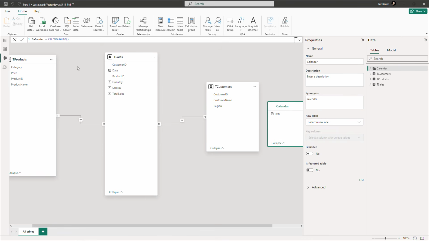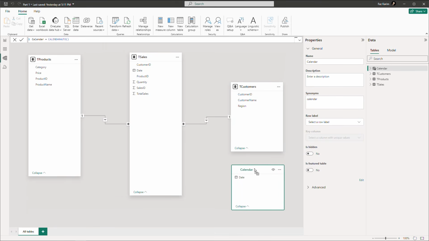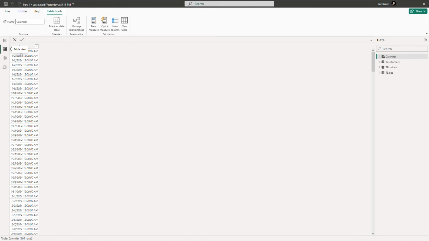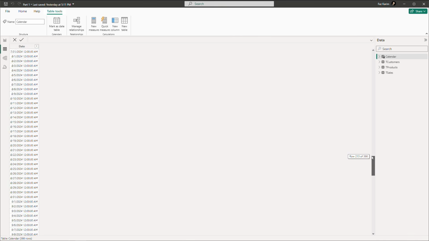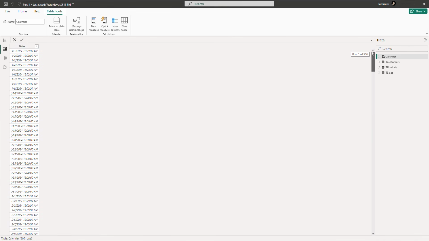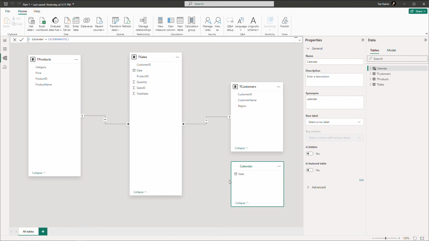Let me go over to the table view so I can see the date table and see what column it just produced. From January 1st, 2024 to December 31st, 2024, 366 rows. Every single day of the year that spans across the model. Luckily, my model is just going to use these first 5. If I go back to the model view, though,